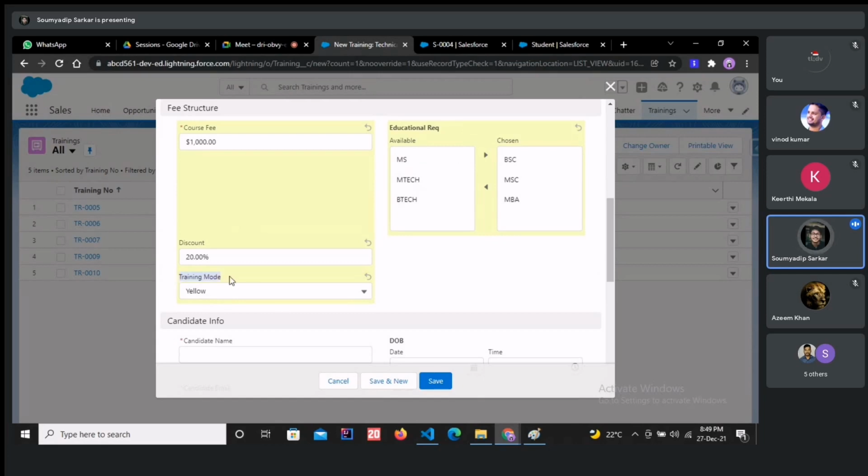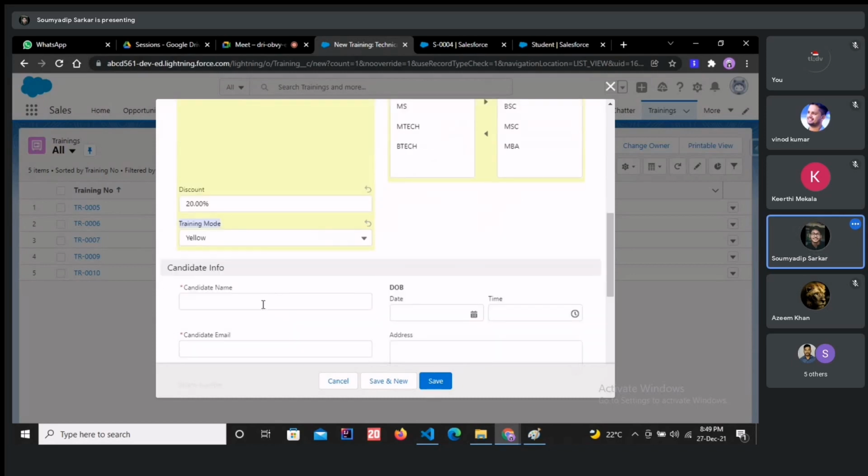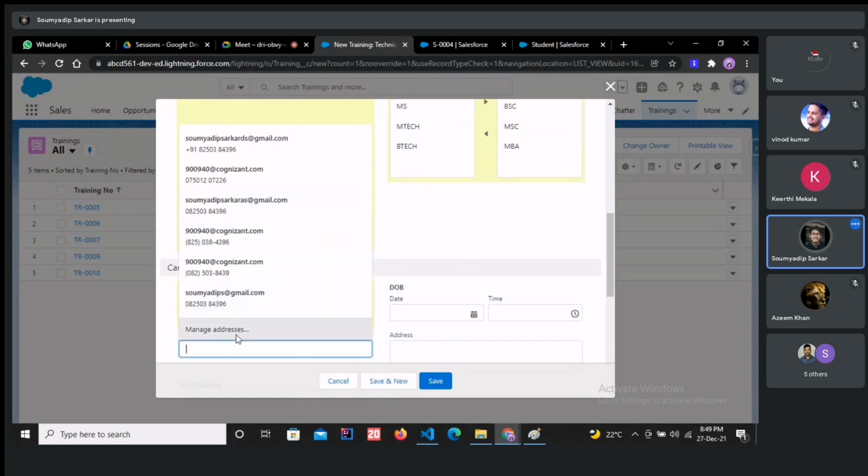Like in the pick list, training mode is a pick list type value. From here, you can choose only one. But in educational requirement, a multi-select pick list, you will be able to choose multiple values. Then we have candidate name,